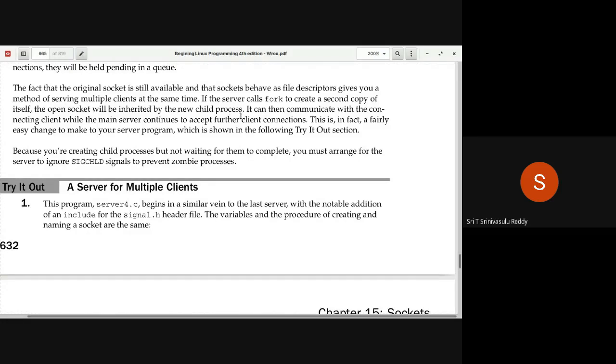So the child process inherits the client socket, whatever is there for communication purposes, and you can safely fork off. It can then communicate with the connecting client while the main server carries on. This is one way of doing it.